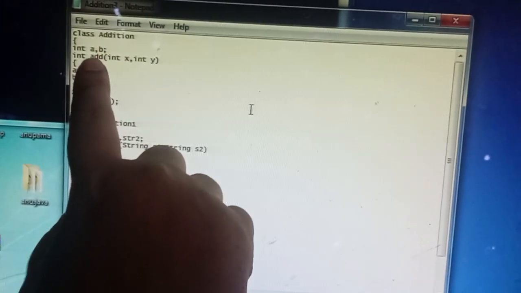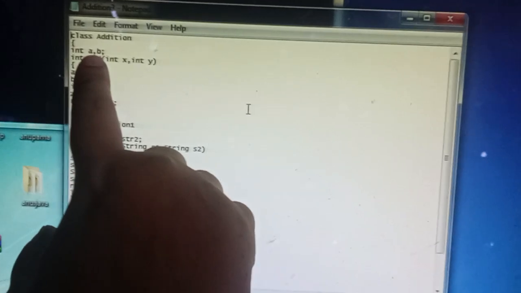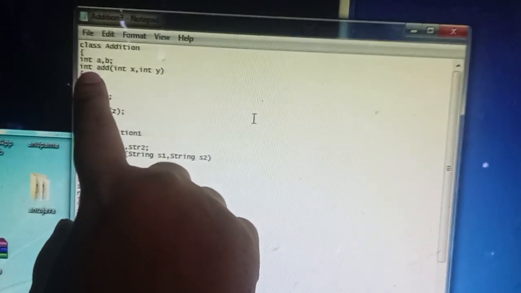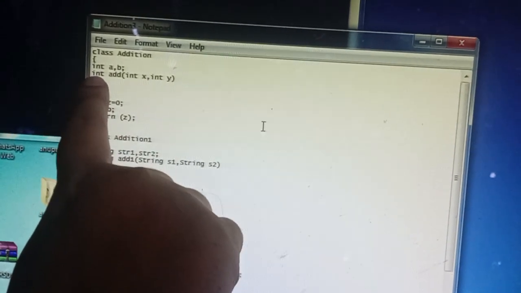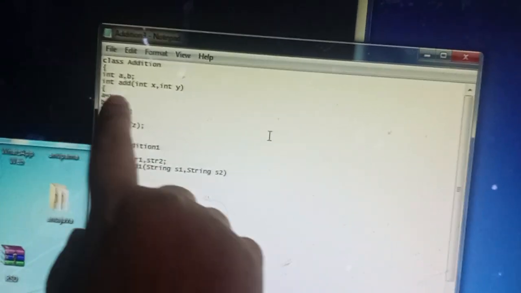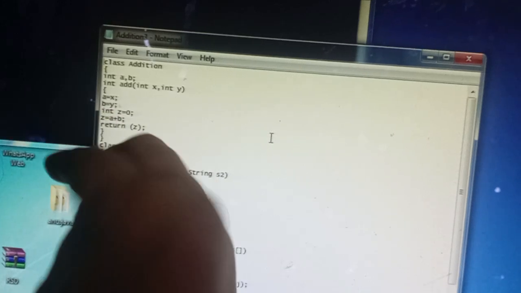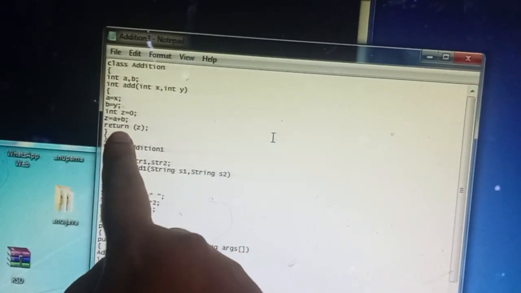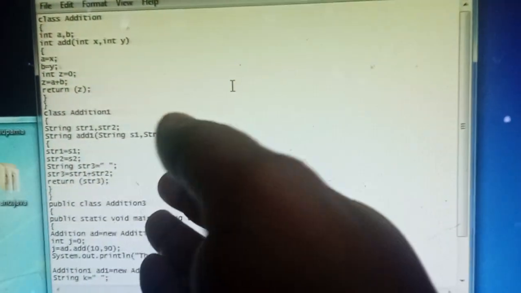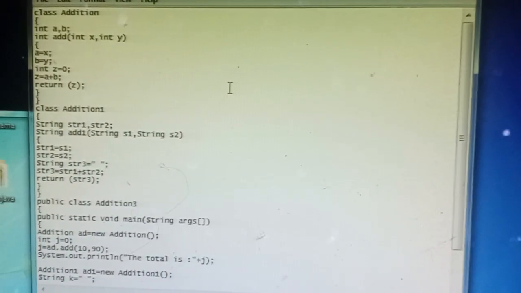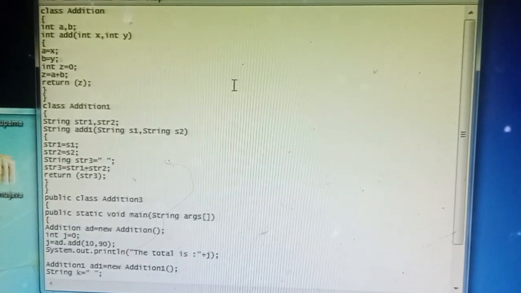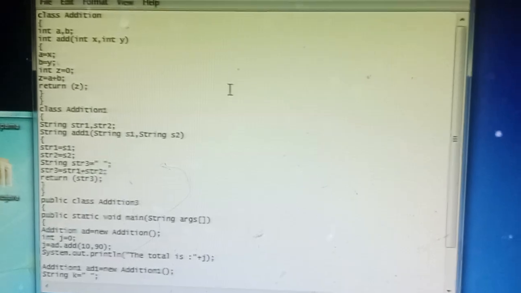In that, I initiated two variables of integer type, and I created a function which is integer type. That means whatever the calculation done in it, the function returns. Returning means, say for example, generally we write an exam, and what you get is the result, right?